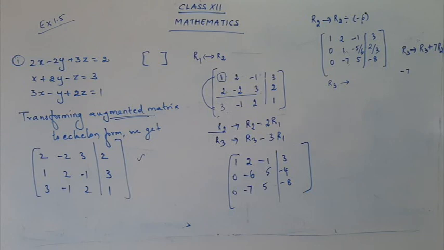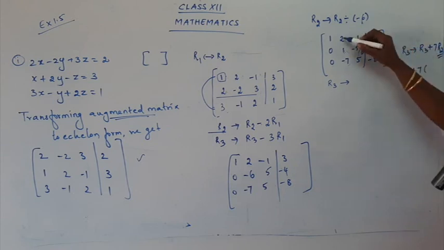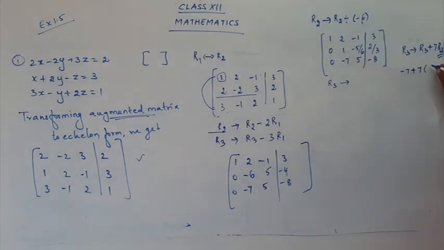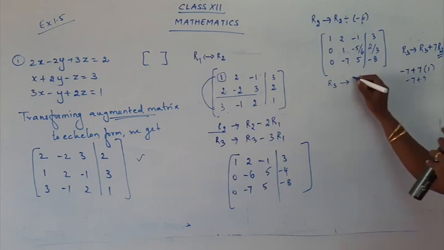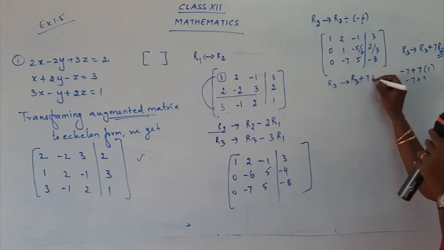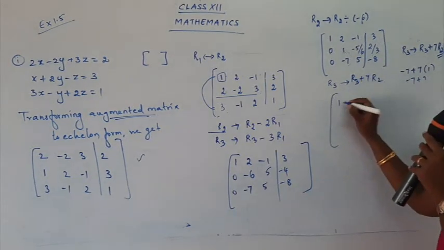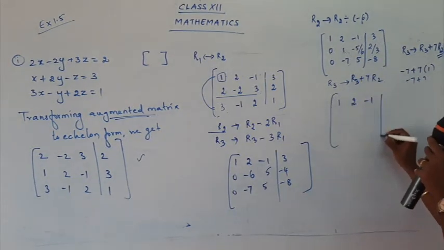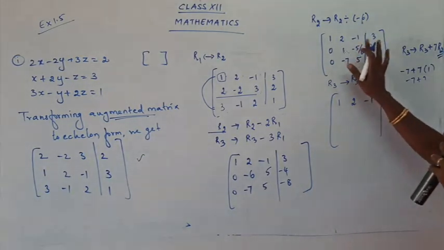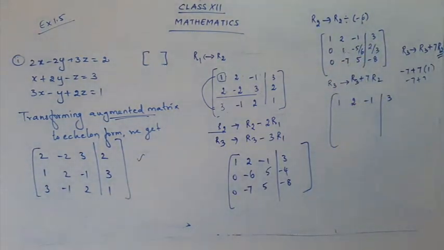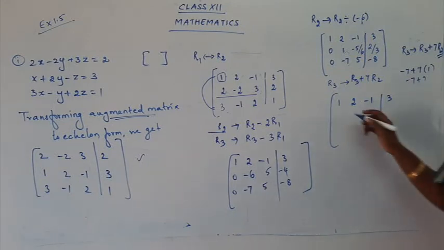Now let's check whether we get the answer as 0. So this is minus 7 plus 7 of 1. Here I have taken R2. Okay children, I am not touching R1. So R1, that's 1. So minus 7 plus 7 is equal to 0. So R3 plus 7 R2. Row 1: 1, 2, minus 1, 3. Everything is kept as it is. We are not going to touch R1 and R2. We are just going to change the R3 conversion. So keep the remaining part as it is.